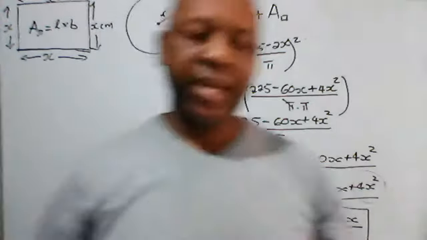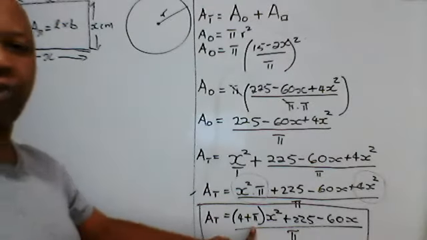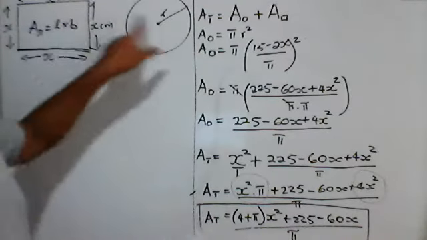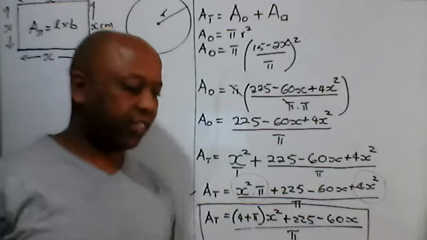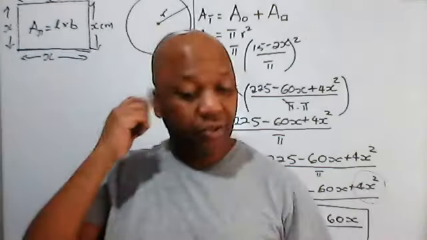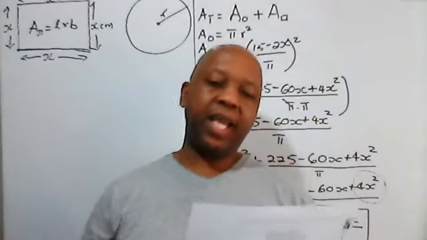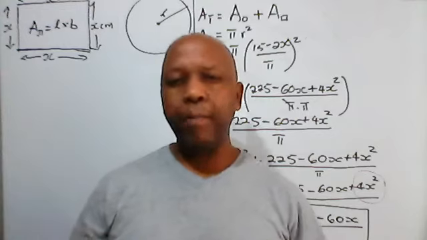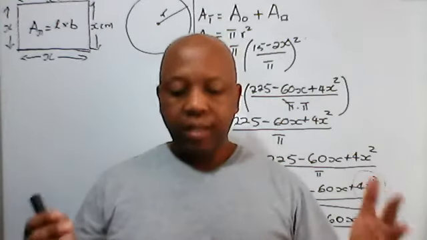Hi all, welcome back. Now in part A we were asked to find the combined area expression for the two figures with a total perimeter of 30 centimeters. Now the last part of the question reads, find the lengths that must be cut if the area is to be a minimum. Okay, I'm enunciating that because